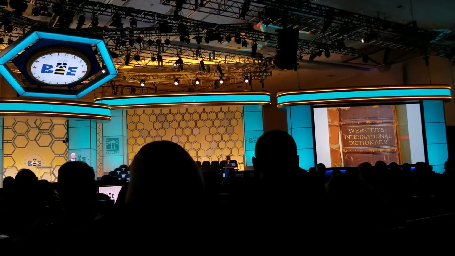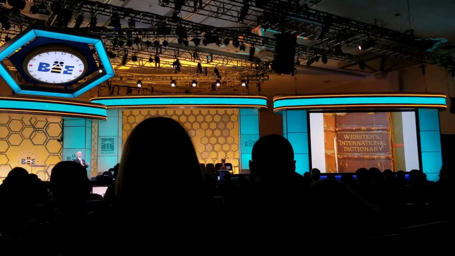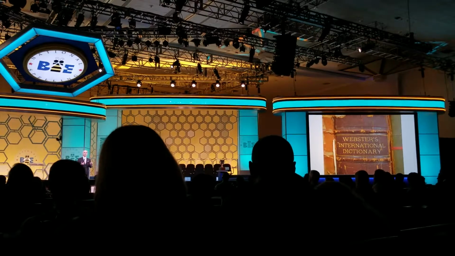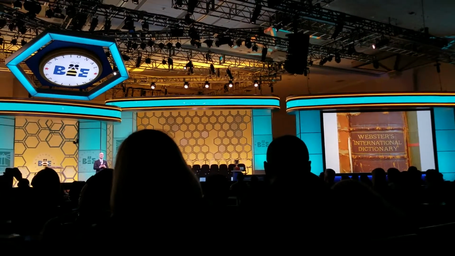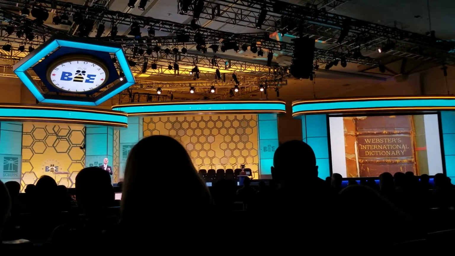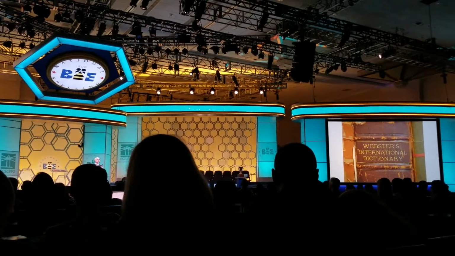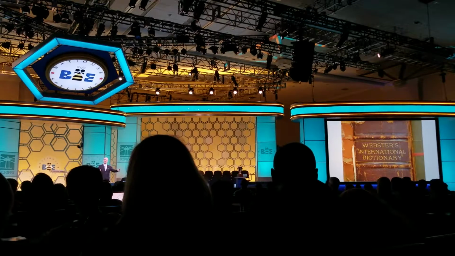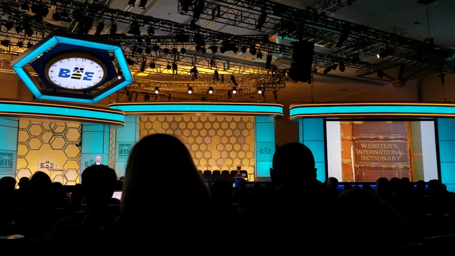Now, in 1864, that dictionary that we just talked about, the great new first revision of Webster's dictionary, was so successful that it actually sold well in England. Which is a little bit ironic because Webster's original dictionary was written essentially to separate from England. But there was no great success